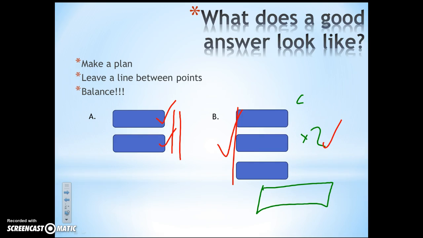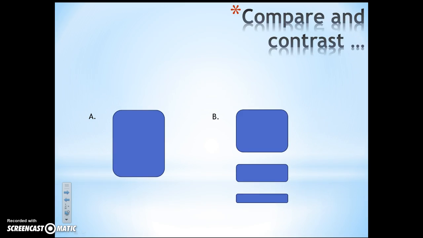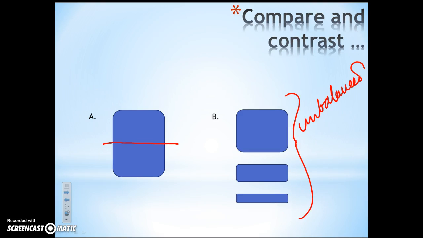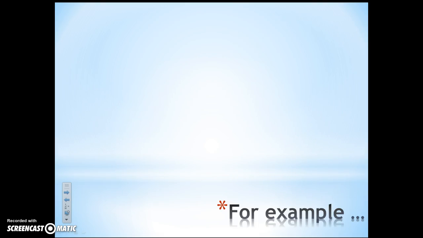And nobody wants to be wading through huge chunks to see, are there 2 points in here? I'm going to have to wade through this, and that's going to be horrible. And what about this? Well, it's clearly an unbalanced answer, and an unbalanced answer is a lead indicator of a student who is not on top of the game. So we're looking for balance, we're looking for nice structures, we're looking for less writing, so the point is evident, and do that and everyone is going to be happy.